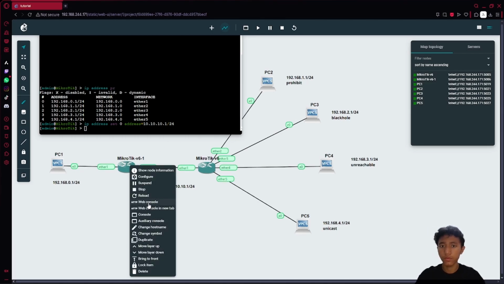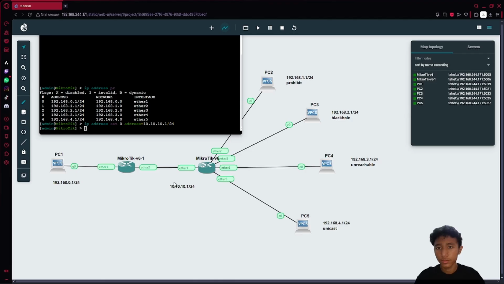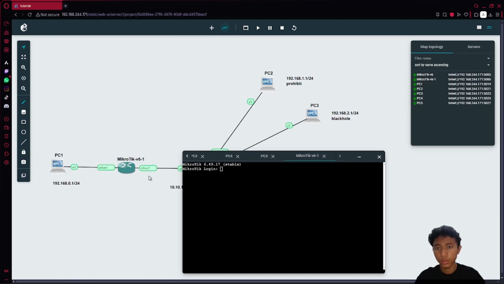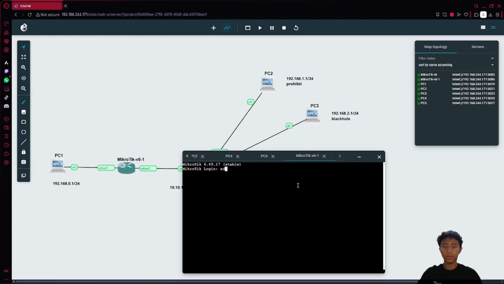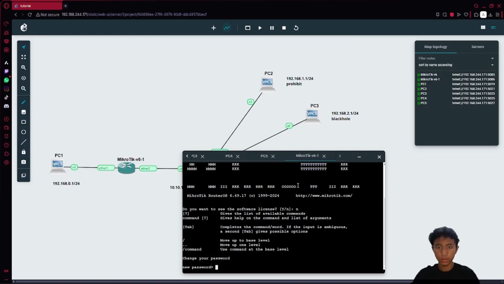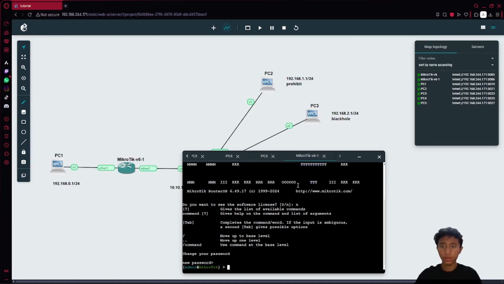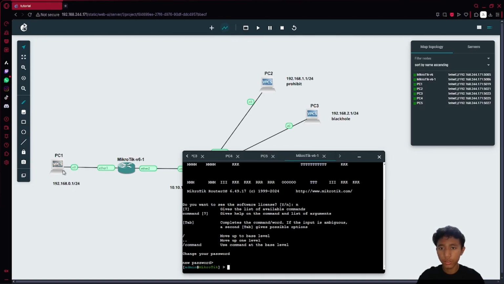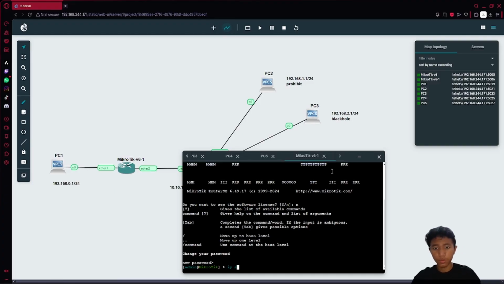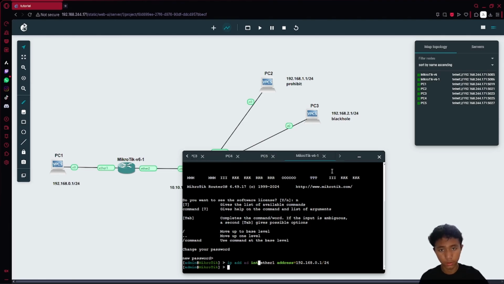So now configure the Mikrotik router. Here, firstly, we need to connect to PC1, using IP address add interface ether1 address 192.168.0.1/24.